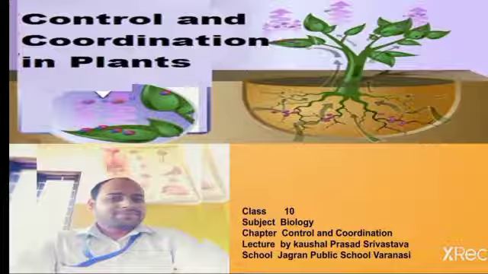So we know that responding to stimulus is a characteristic feature of living organisms. We have seen this in the chapter life processes. So how exactly are plants able to show response to stimulus? Do they really show response to stimulus? Yes, of course they do, but it is quite slow. Animals have electrical impulses for transportation of messages. On the other hand, plants have certain chemicals for transfer of messages.